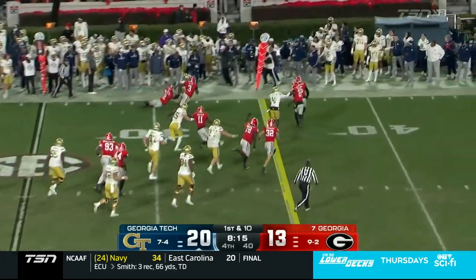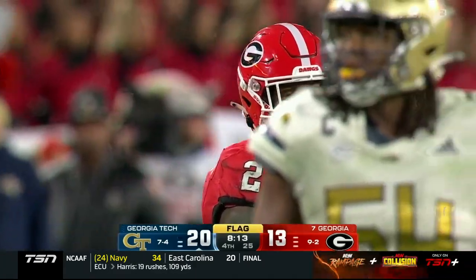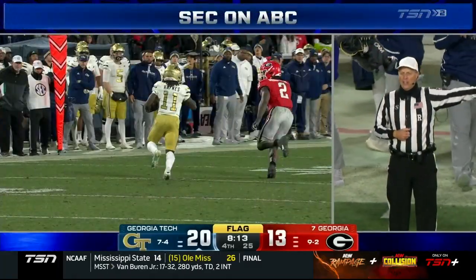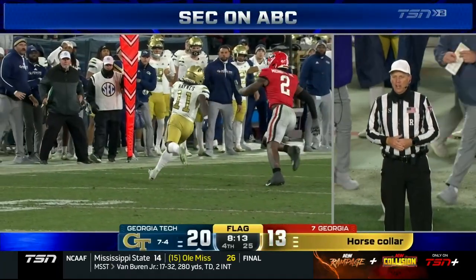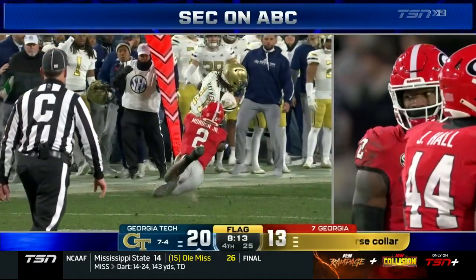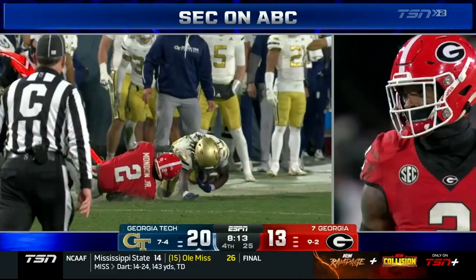Here's Jamal Haynes. That's a good, an explosive one. Personal foul. Close collar. Defense, number 2. 15-yard penalty added to the end of the run. Automatic first down. And the deal is right now, if you're